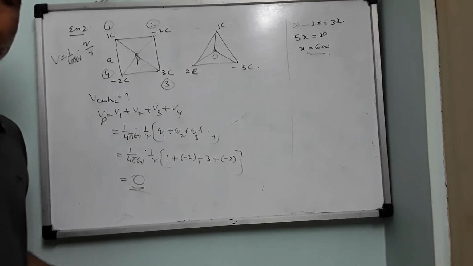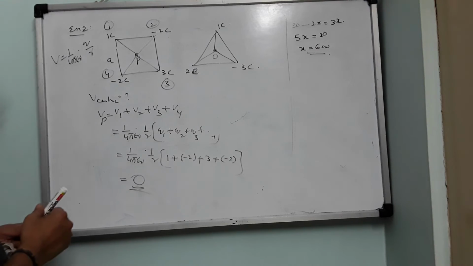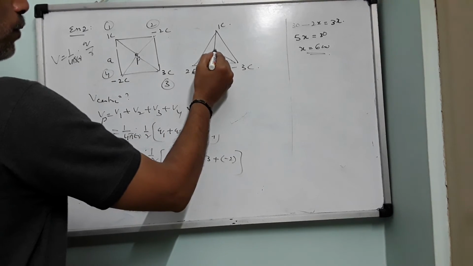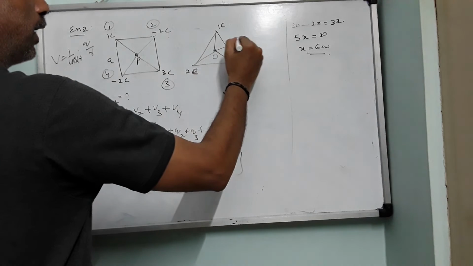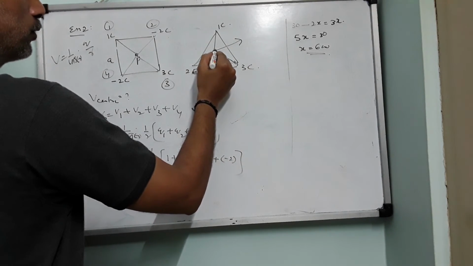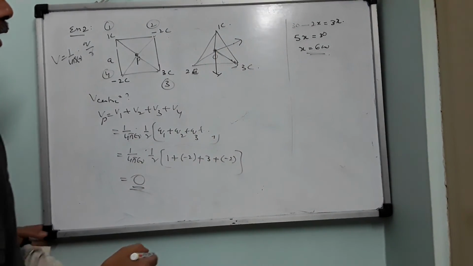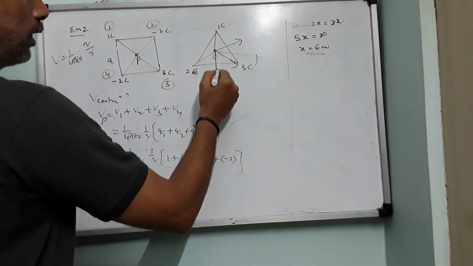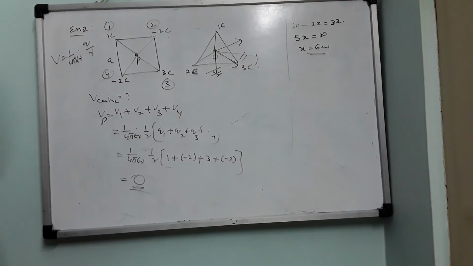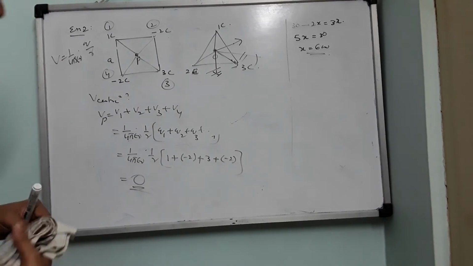So adding scalars is very easy compared to adding vectors. Suppose you are asked to calculate the net electric field at this point: 2 microcoulomb will produce one electric field, minus 3 will produce one like this, and this plus 1 will produce one like this. So 3 electric fields will exist. Now you have to calculate the net electric field due to the first two and then the next two. Very tedious calculations will be involved. That is for vectors. For scalars, we don't have any such tediousness. It's very easy.